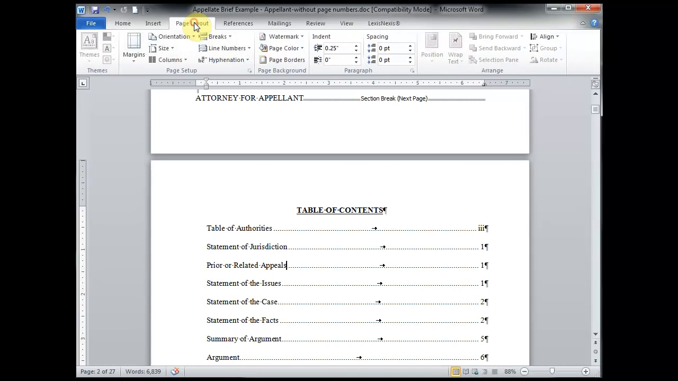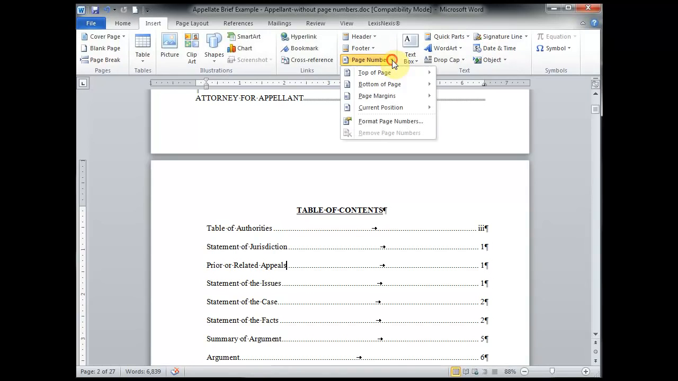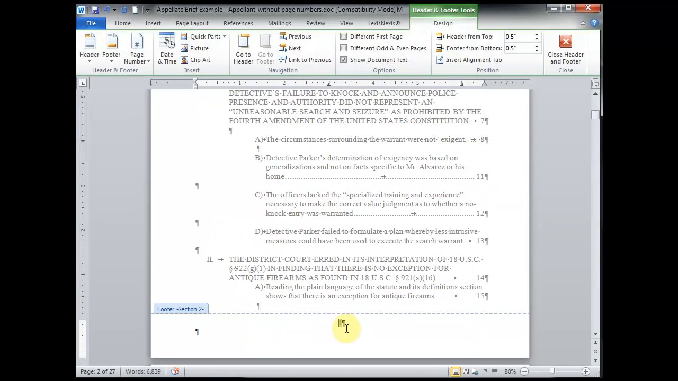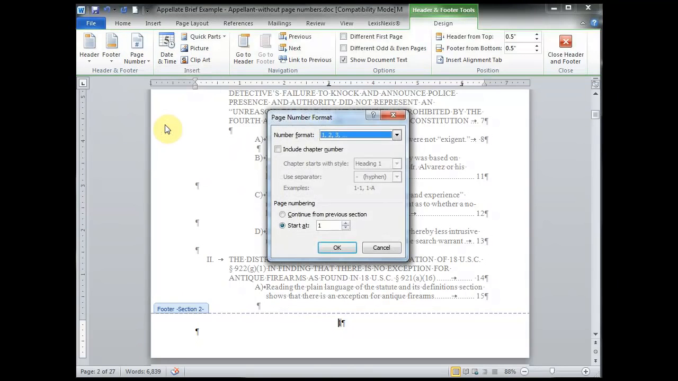I click on Page Layout, Insert, Page Number, bottom of page, plain number 2. You never want to change the formatting of the page numbers directly in the footer. You actually want to do them using the page number formatting tool, or it'll mess up your page numbers. So I'm going to choose the small Roman numerals,